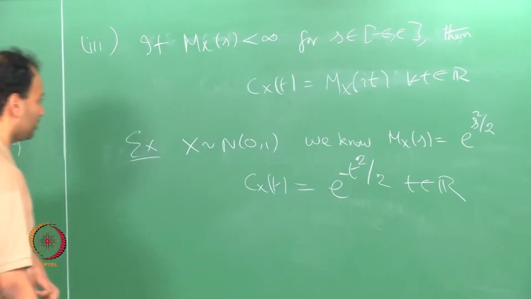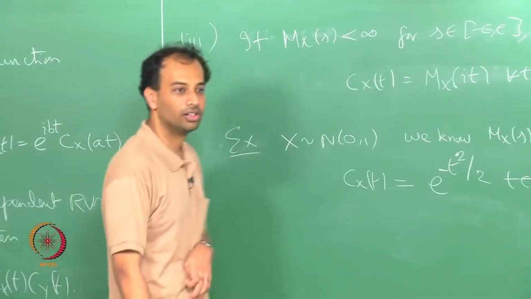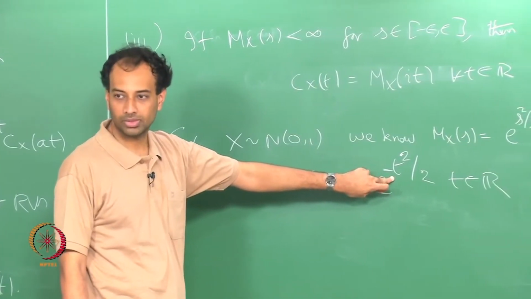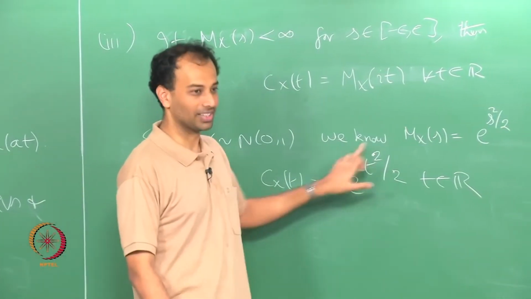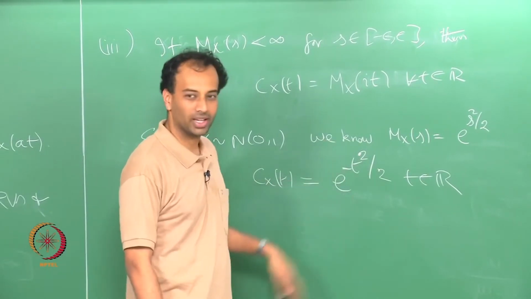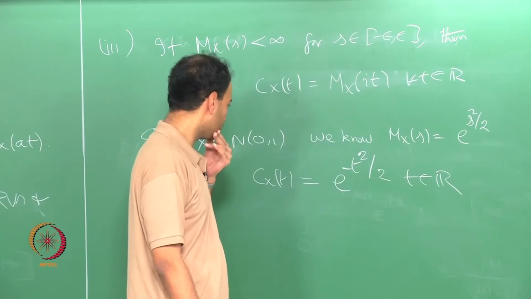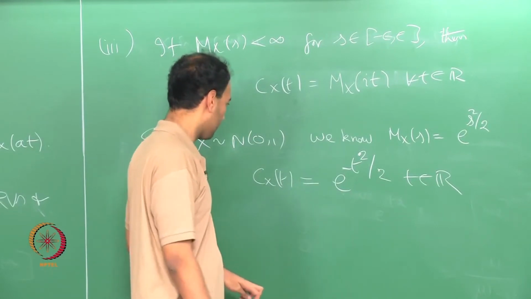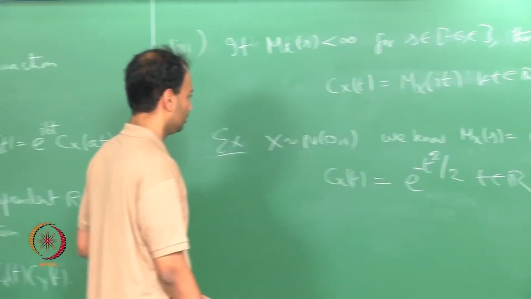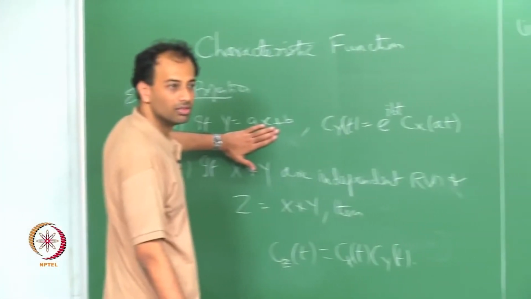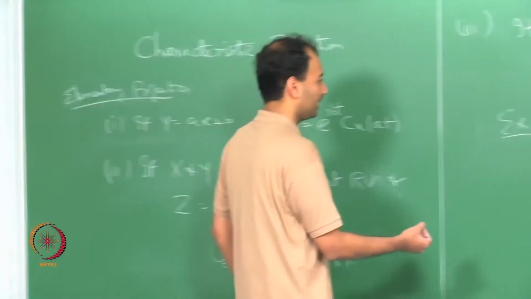So the characteristic function of a standard Gaussian is e power minus t squared over 2, right. So it also looks like a standard Gaussian, except for the 1 over square root of 2 pi, right. Suppose you invoke this property, then you can figure out the characteristic function